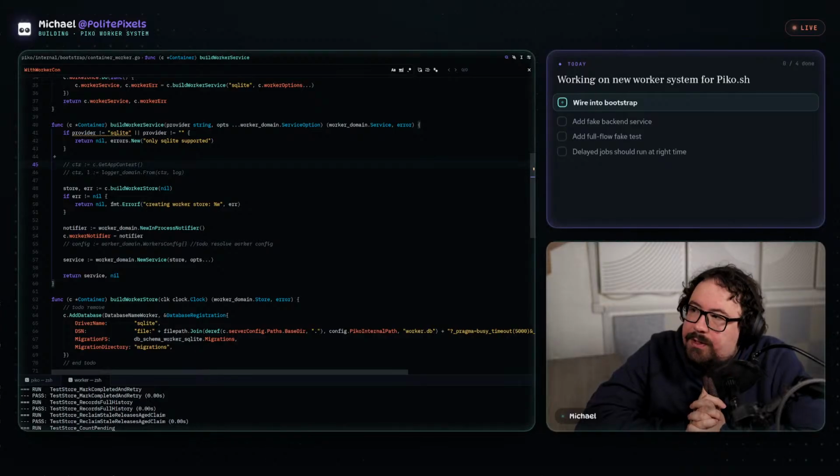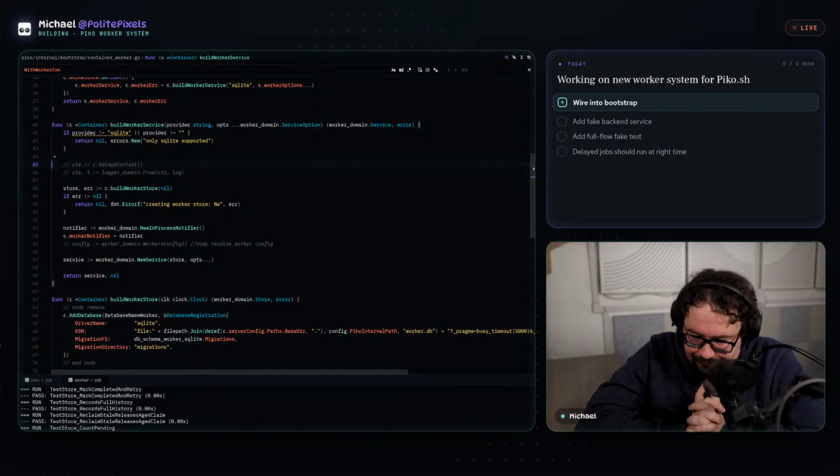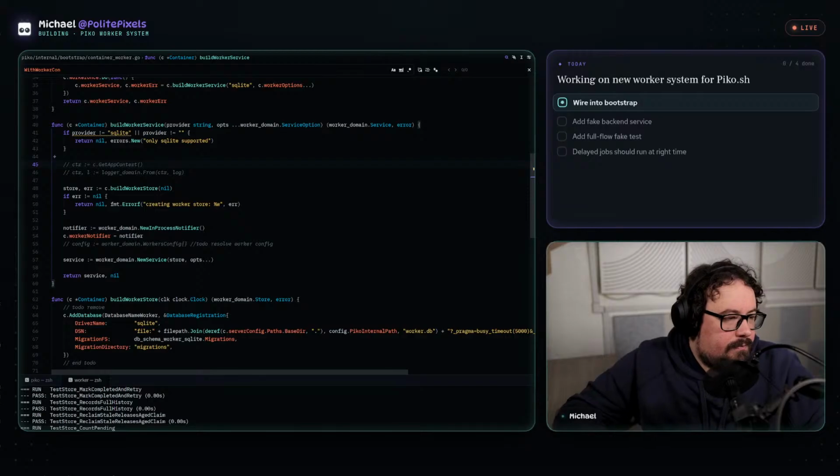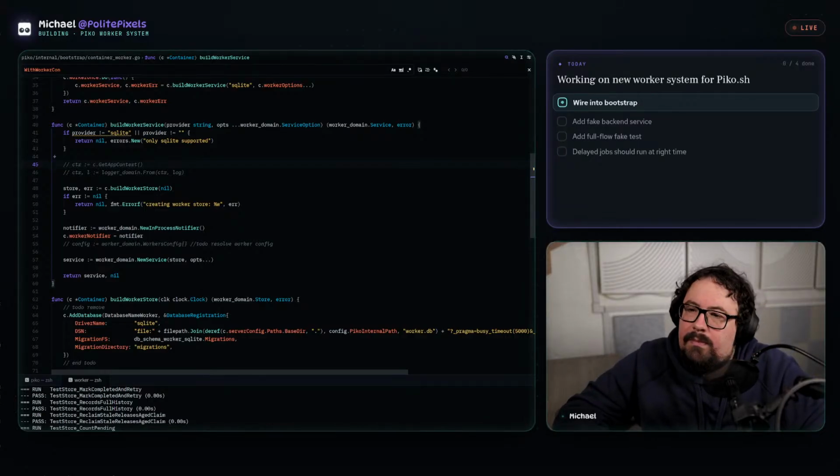I'm wondering if it's somewhat important to actually implement the Otter system, if that's a priority or not.